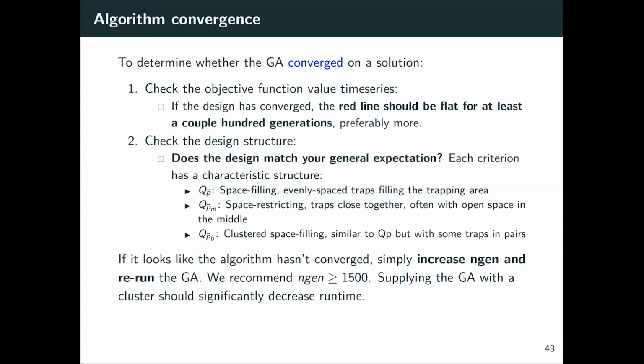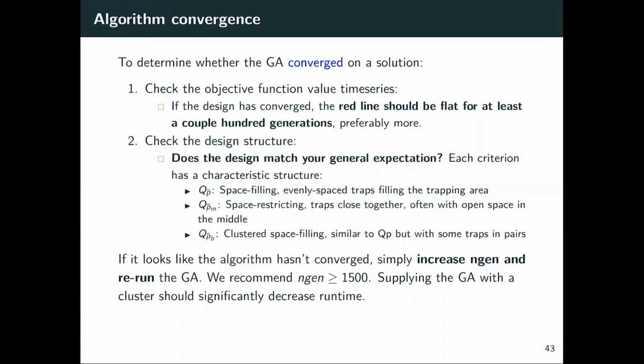And then QPB is clustered space filling. So it's a lot like QP bar in what it will look like overall. But if you look more closely, it ends up having a lot of traps that are sort of paired. So you have some small clusters of traps throughout the state space. That should help with spatial recaptures, but still the trapping grid overall is spread out so that you capture a